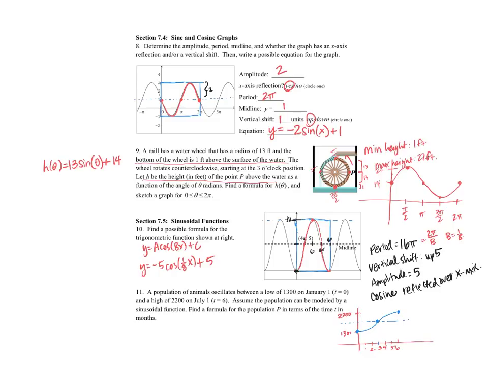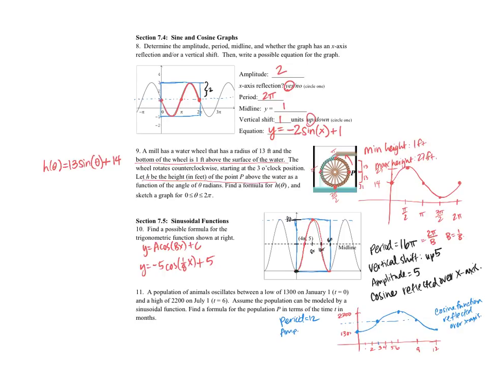Okay, so one thing I might notice is that I've only drawn half of my period here, at 9 months and then at 12 months. At 9 months it'll go back down to the midline, and then at 12 months it'll be at the minimum. So I can see here that this is an upside down cosine function, a cosine function that's been reflected over the x-axis, and then it's been shifted some more. I can see that the period is 12, and I can see that the amplitude,